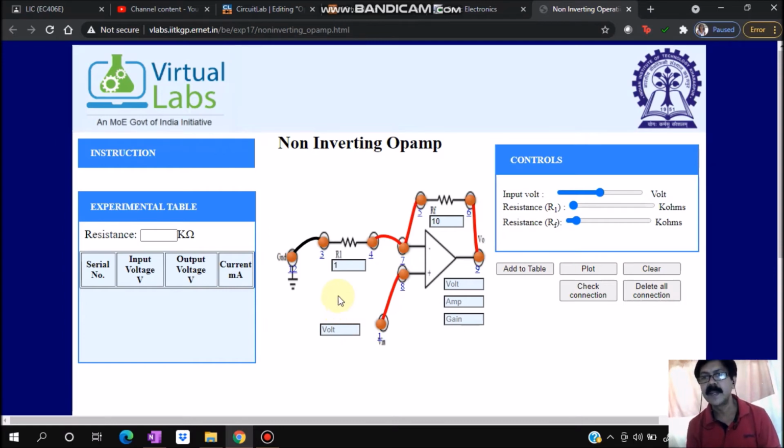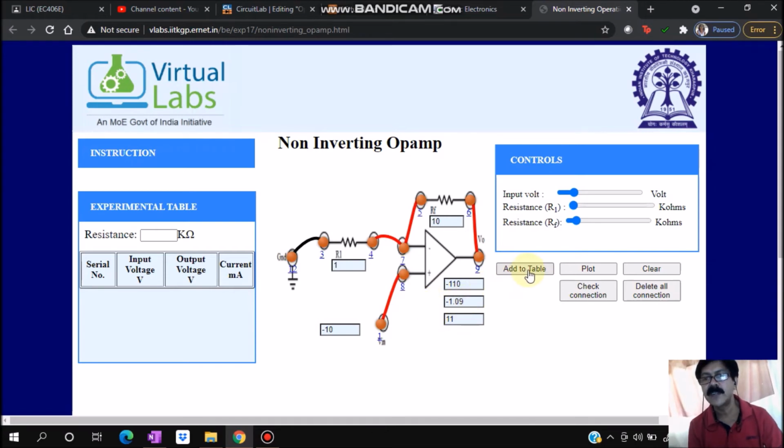Let us see. Now we'll provide different input voltages and just assume that the input voltages are given in millivolt. So in this way I can change the voltages and accordingly the output voltage is changing. Let's say I'm selecting minus 10. Okay, minus 10 millivolt. Accordingly see what is the voltage, minus 1.09. It is coming as the output voltage.